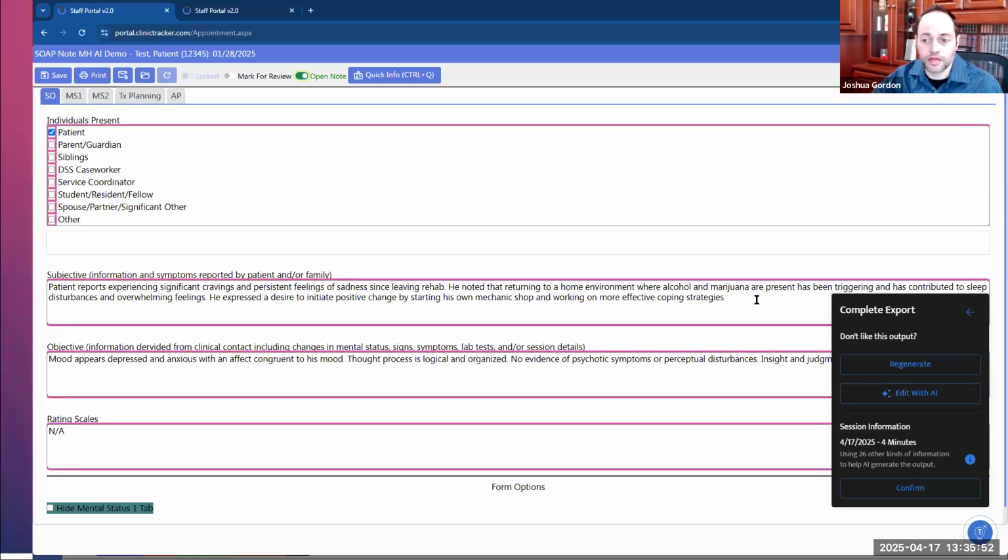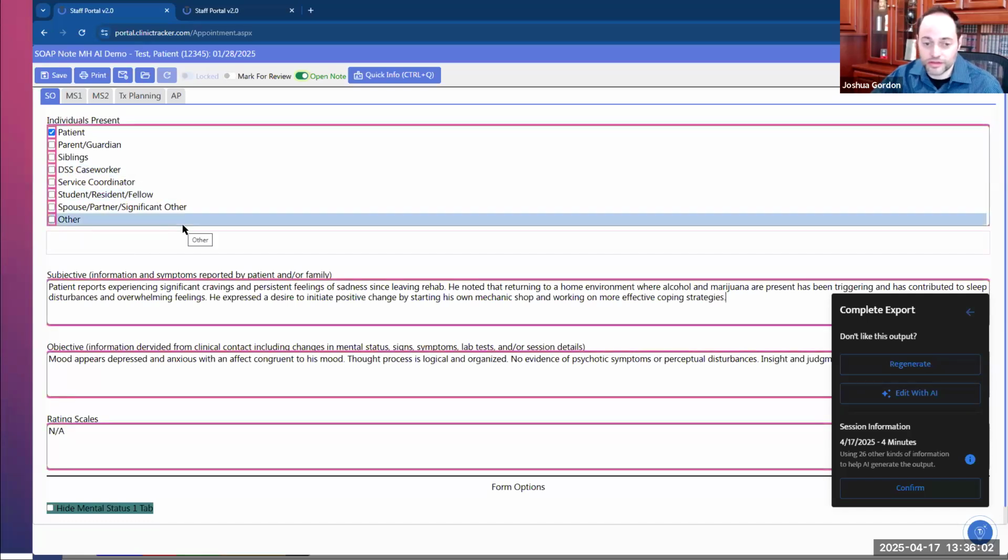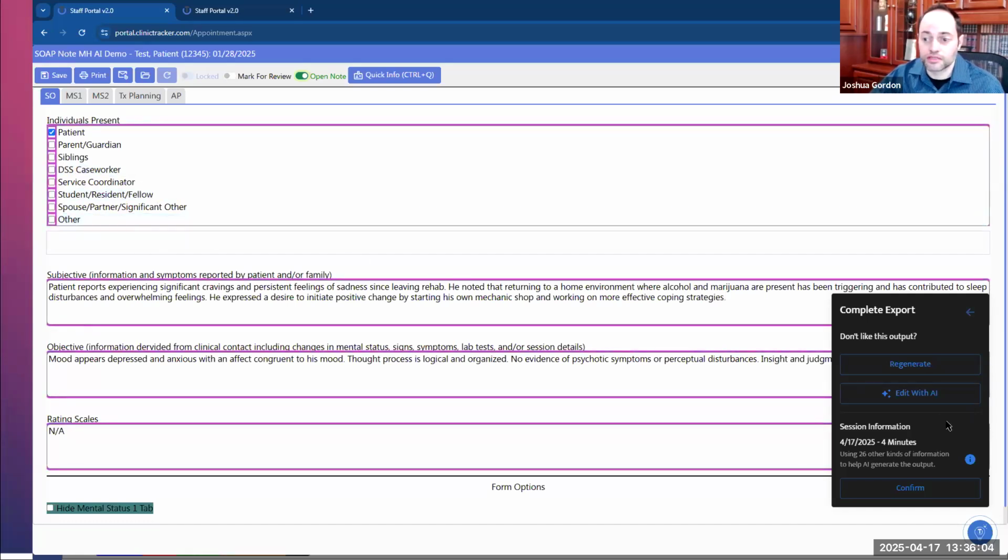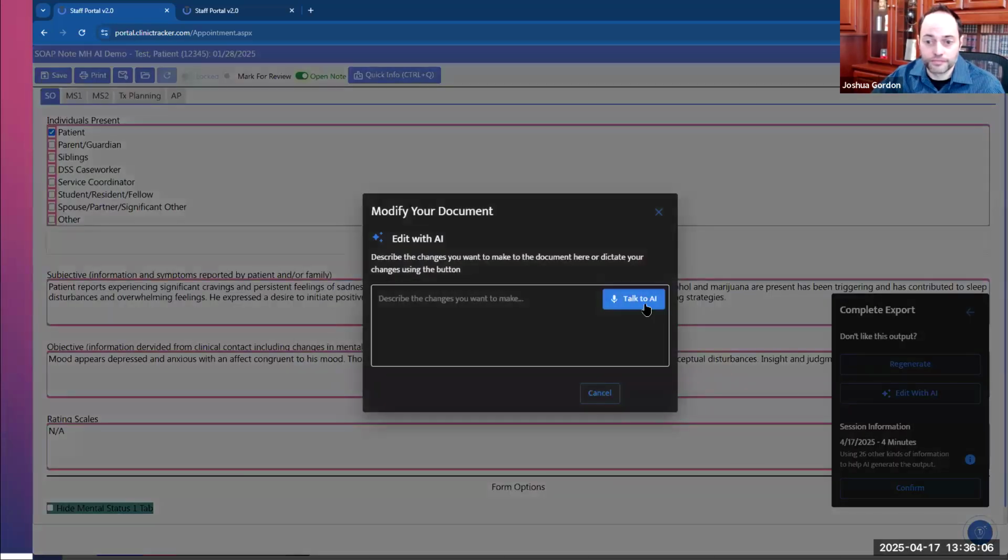All right. And you can do that in a variety of ways. Number one is we look at this and we decide we want to add something in, and you just type or click on this template like you would normally. One of the really neat features here is that you can use this edit with AI, right? And I can actually talk to this personal assistant that I have here and just tell them